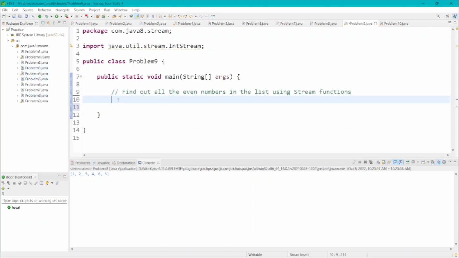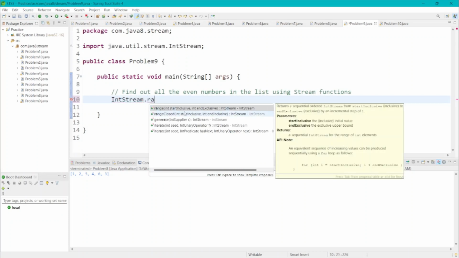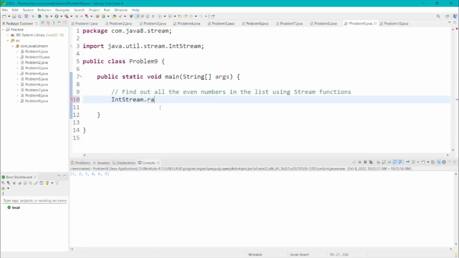We will generate the stream using IntStream. Let's see how we can do that. We just need to write IntStream, it's an interface, and after that we need to define the range. So here you can see in the range we can provide start and end is exclusive. In the documentation as well you can see that end is exclusive. So if we want a range of IntStream from 1 to 10, we need to specify 1 and 11